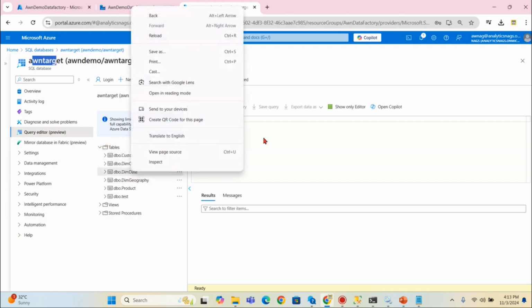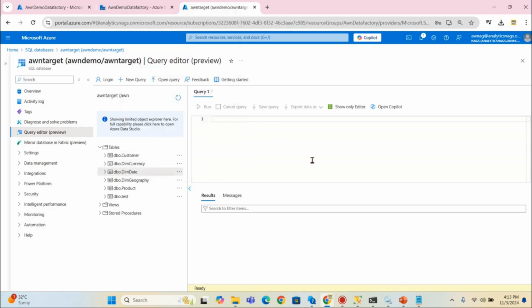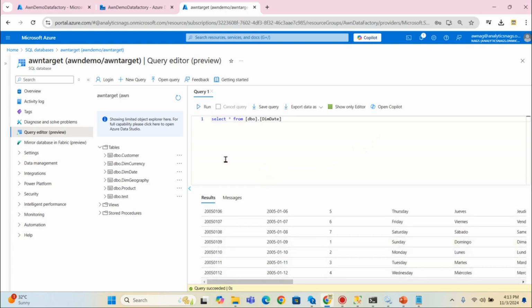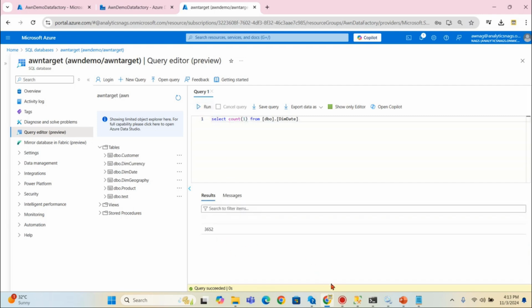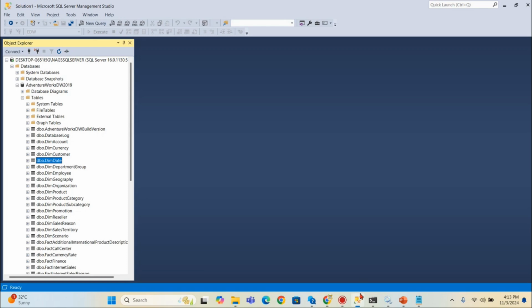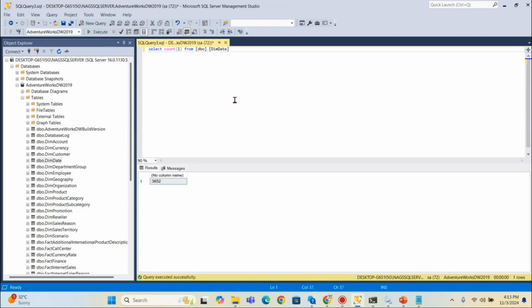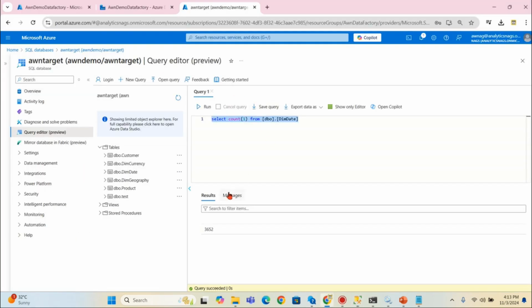There you go. I got the dim date in my target. Let's try to check the data as well. Select star from dim date. Then I'm not sure whether it has data. Yes, it has. So it contains overall somewhere around 3652 records. Let's try to run the same query in my source as well to ensure all my records have been loaded. This is my kind of unit testing. 3652 records. So that's it for now. I hope